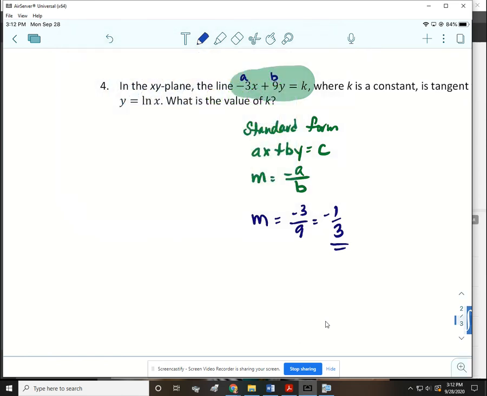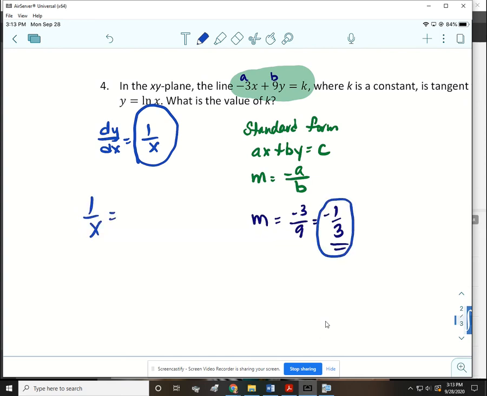So what we would want to do is go ahead and find the derivative of y. So the derivative of the natural log of x is 1 over x. All right. So at the point of tangency, the derivative, or the slope, needs to match the tangent line slope. So 1 over x is going to equal,